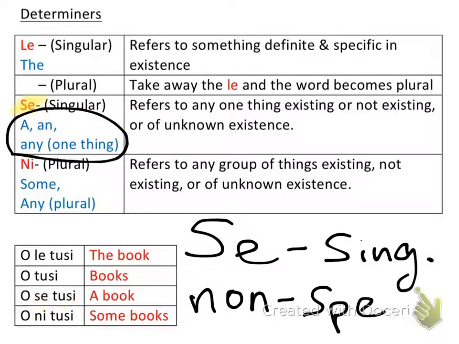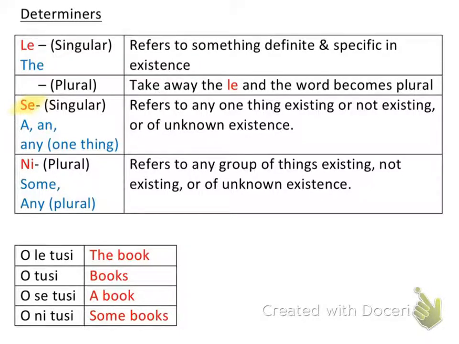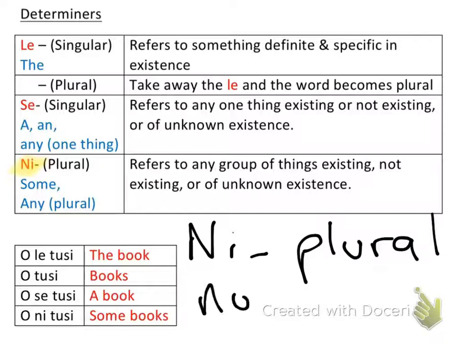And then our last example here is "ni" or "nisi". So you could say "ni" is plural, and you could also write this as "nisi". So "ni" or "nisi". So the C is sometimes used and sometimes not. And again, this is plural. Okay, this is plural, but it's non-specific again. So you'll see "ọ̀tẹ̀ nisi". This is the example that I give you. It's some books, and this is kind of like the one where we took away the